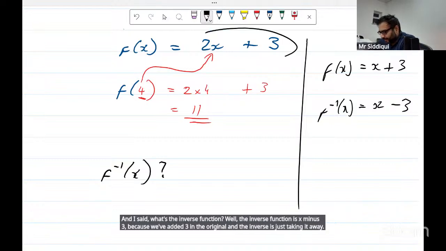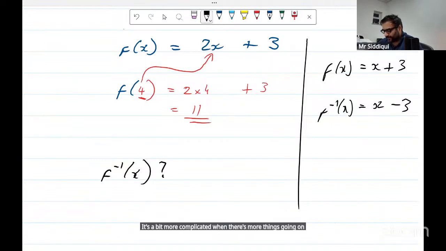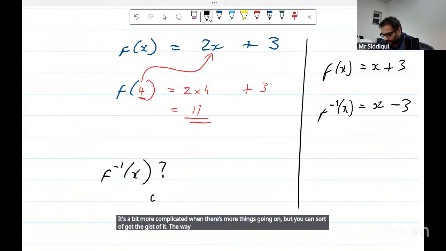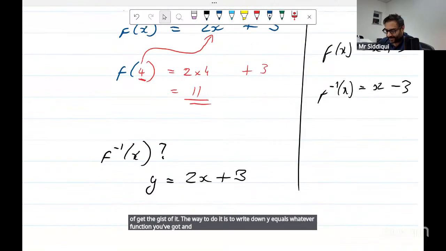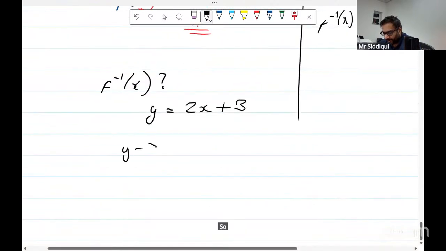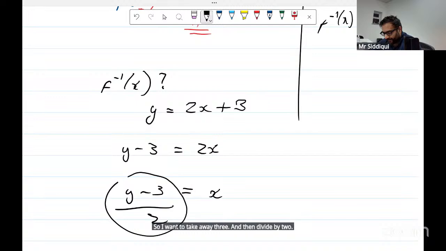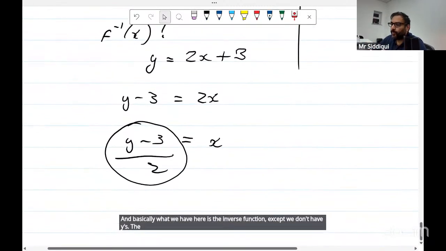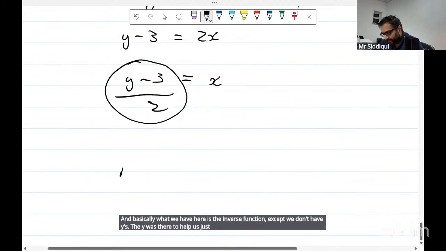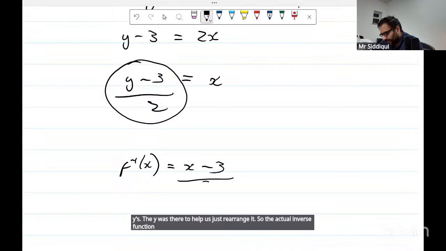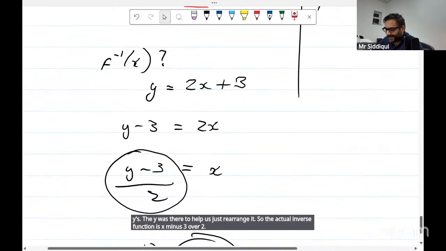It's a bit more complicated when there's more things going on, but you can sort of get the gist of it. The way to do it is to write down y equals whatever function you've got and rearrange it to make x the subject. So I'm going to take away 3 and then divide by 2. And basically what we have here is the inverse function, except we don't have y's. The y was there to help us just rearrange it. So the actual inverse function is x minus 3 over 2,